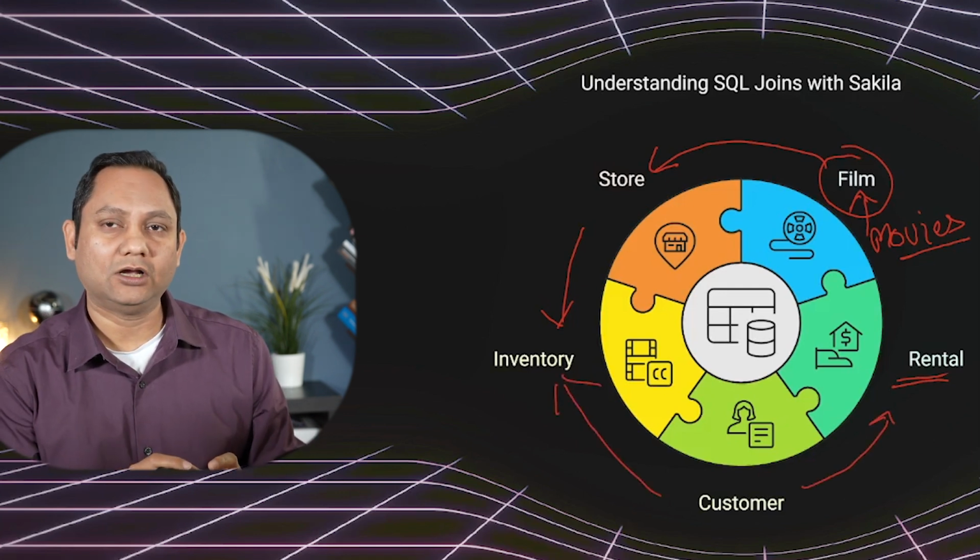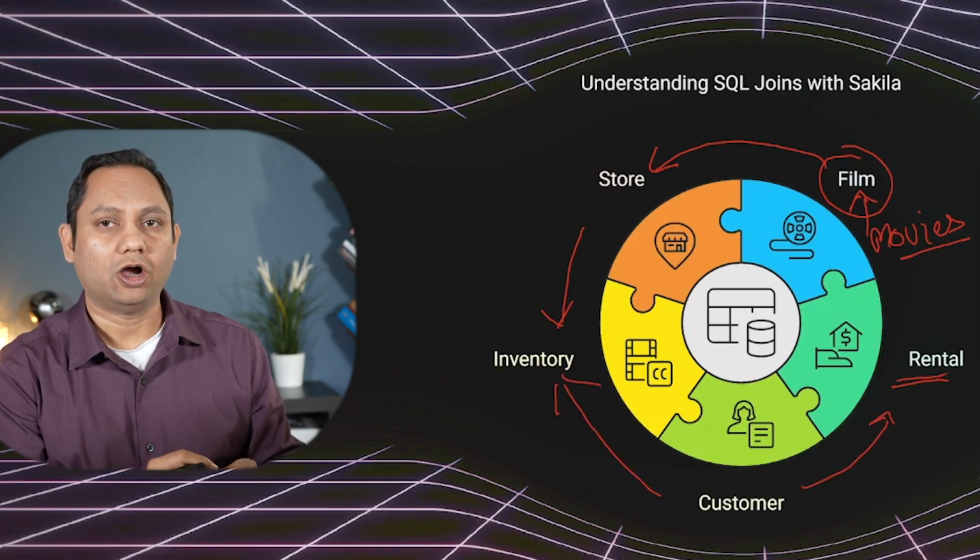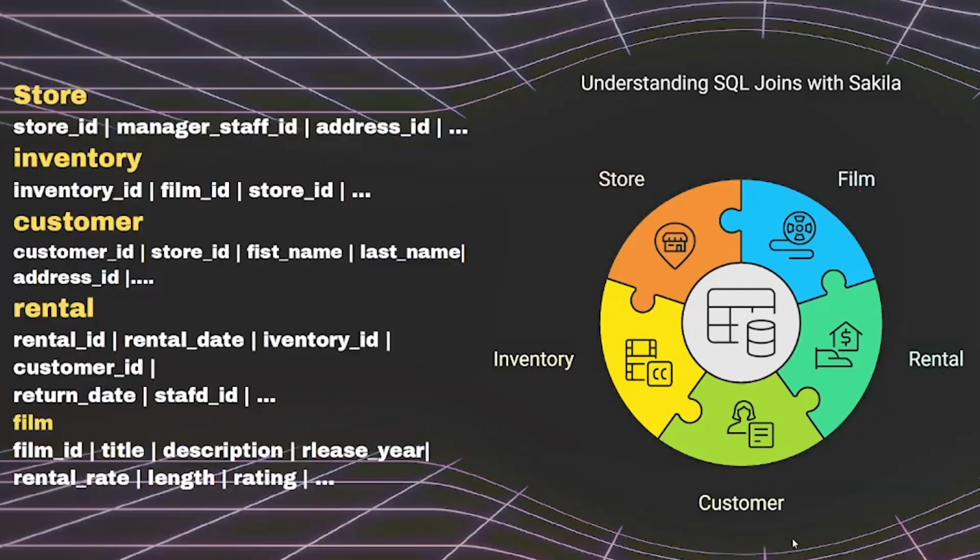To give you a quick idea of some of the features or attributes available in these tables, I'm listing here the most common features. There are a lot of other fields in these tables, but for example, in the store table, you have the store ID, which uniquely identifies the store. You have store manager information and the address of the store. In the inventory table, we have the inventory ID, which is a combination of the film ID and store ID. And then each of these inventory items can be rented by a customer, and that information is stored in the